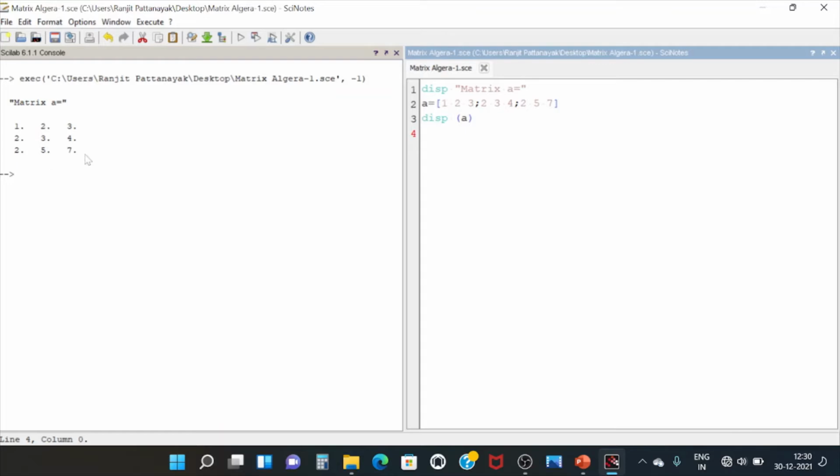Likewise, I have to define another matrix, and then we are going to consider the addition of the matrices.